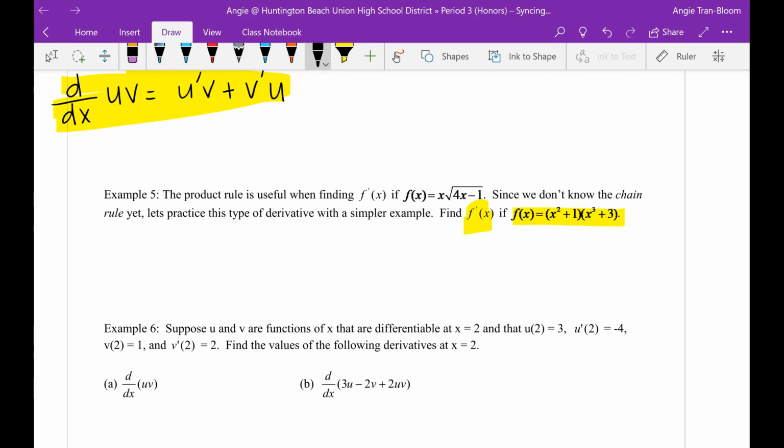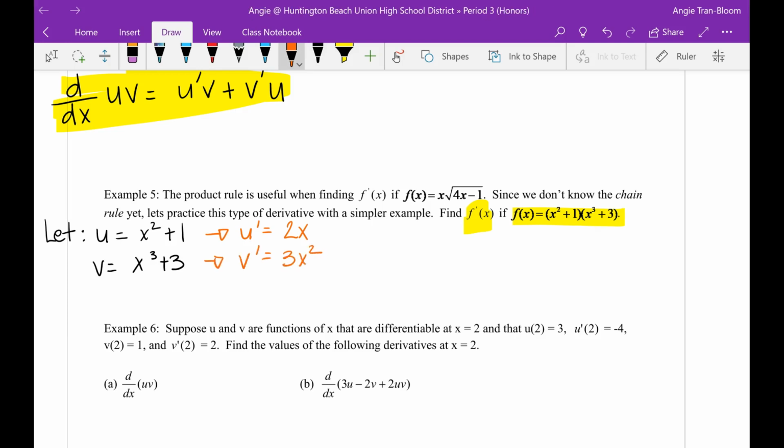So here we go. What you want to do is use U and V. Let U be one of those factors. So let U be x squared plus 1. The reason is this, I can find U prime easily. U prime, which is the derivative with respect to x, is 2x. Then let V be the other one. That means V prime is 3x squared. Okay, so my rule says